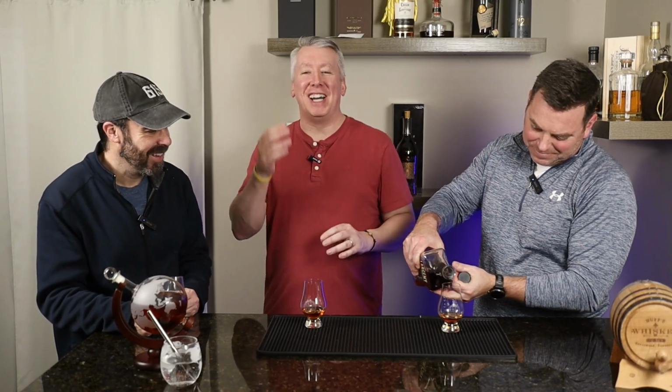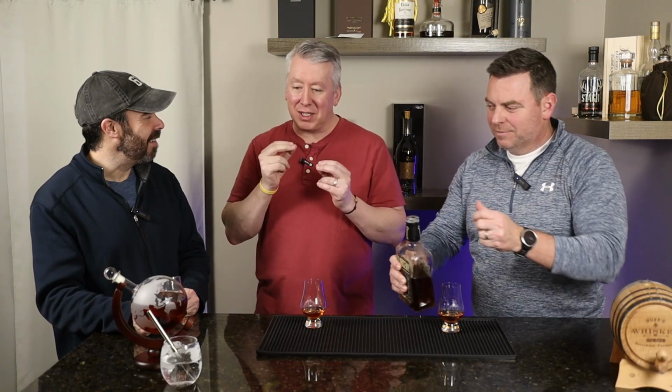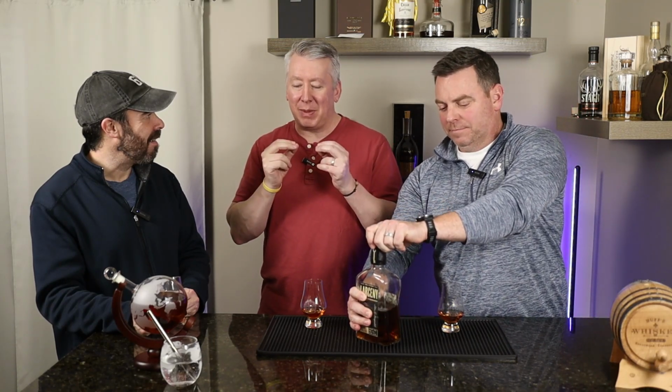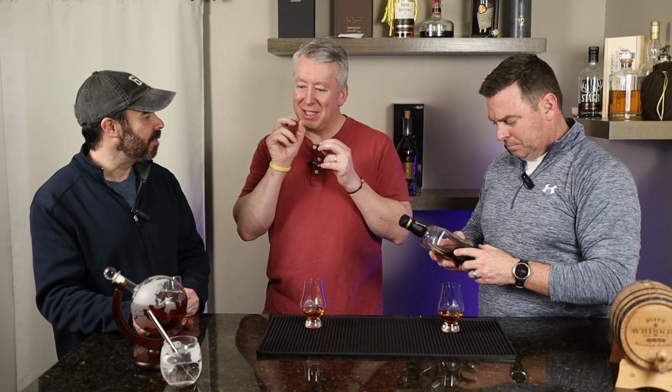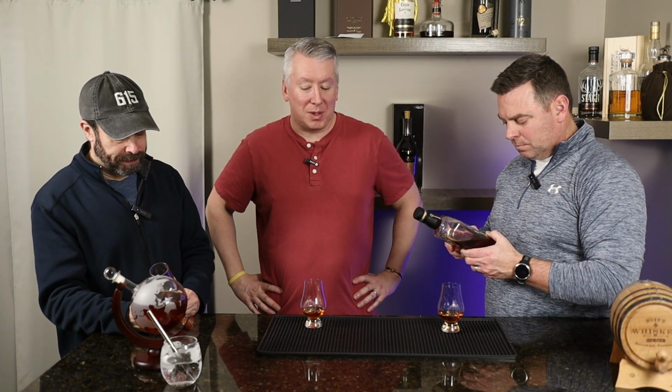But like that first initial touch of the tongue and the very beginning of the palate, it's a cinnamon pop in the very beginning. And then it kind of just sweetens up. The cinnamon kind of comes down and goes more towards that brown sugar. And I never get to the cocoa. I'm missing your cocoa. But what do you think compared to